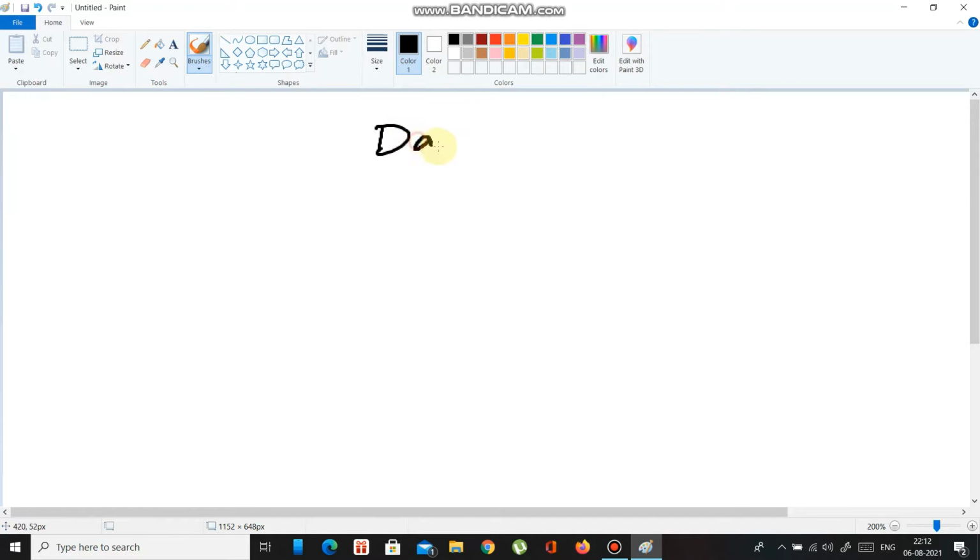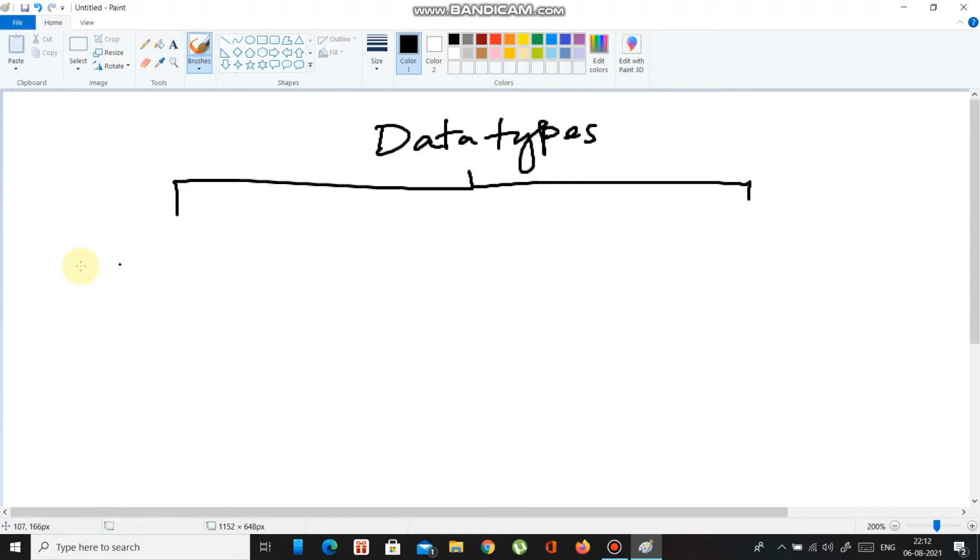This is a data type, which is classified into two types actually. One is primitive data type and another one is non-primitive data type.